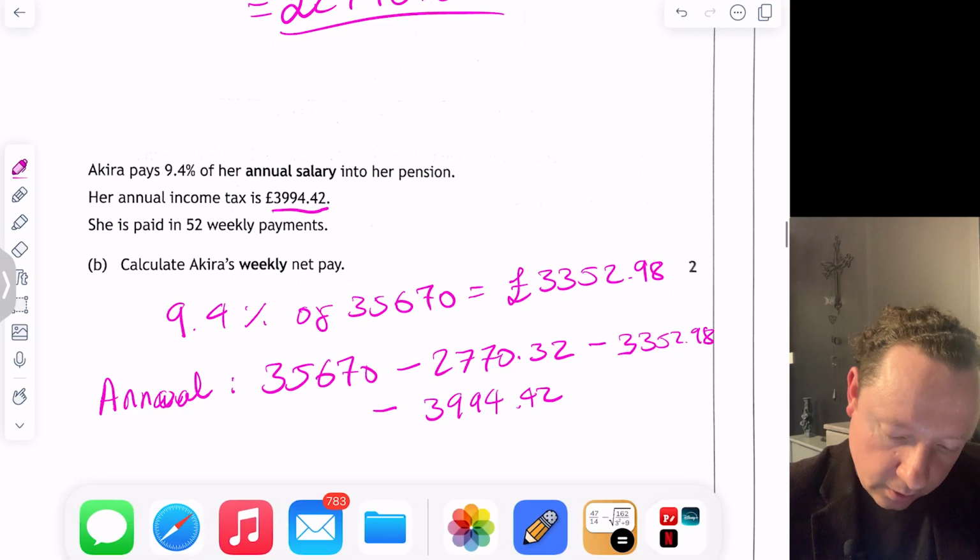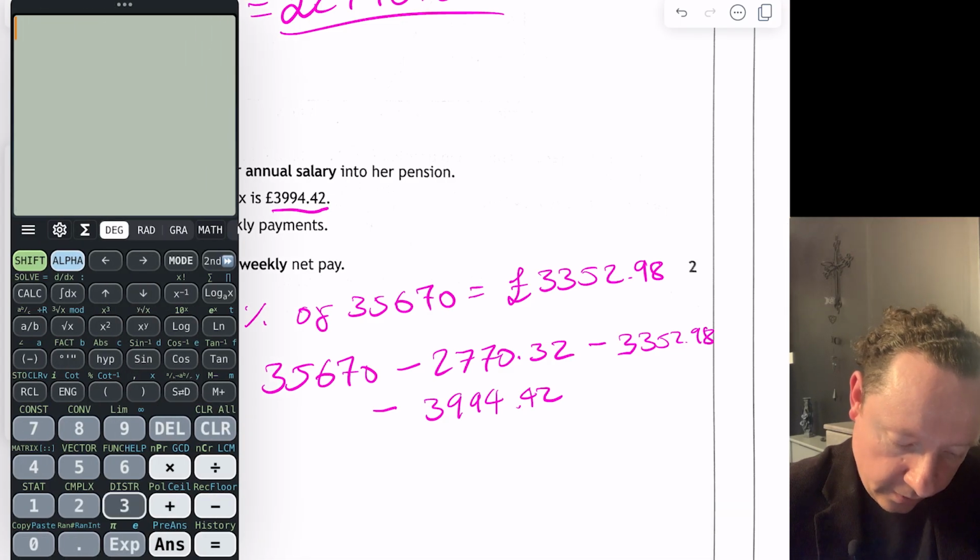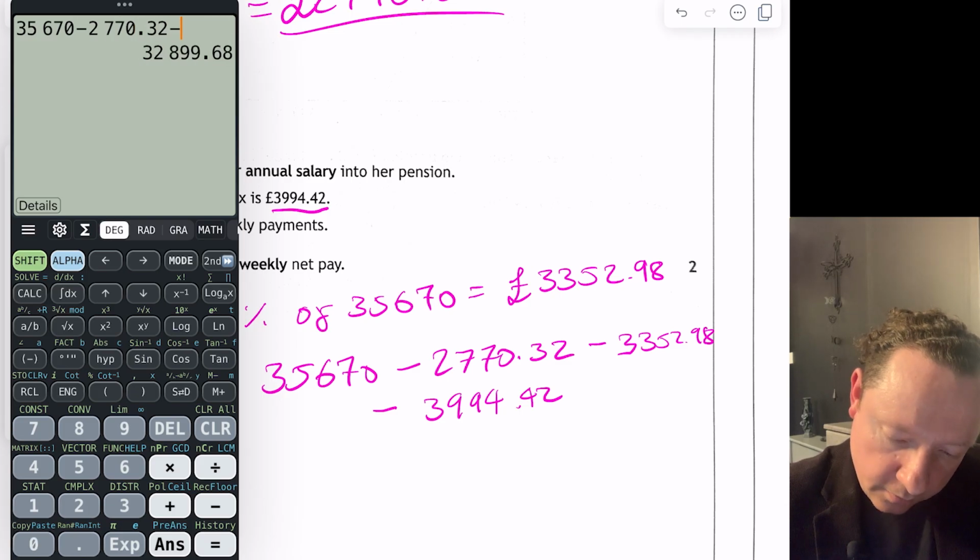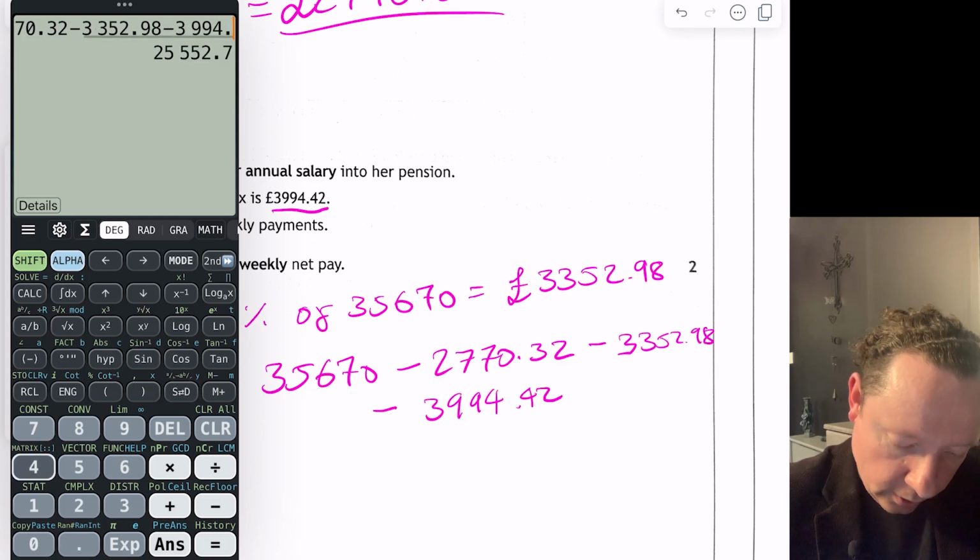So that's just a calculator job as well. 35,670, just make sure you don't miss anything. 2770.32, 3352.98, 3994.42 is